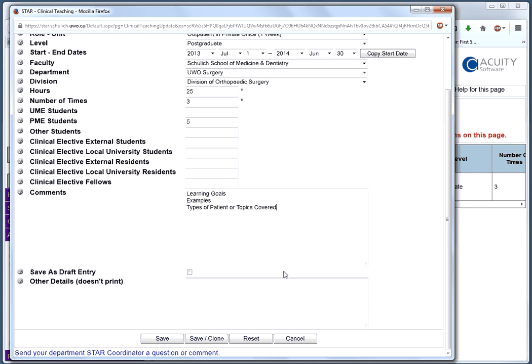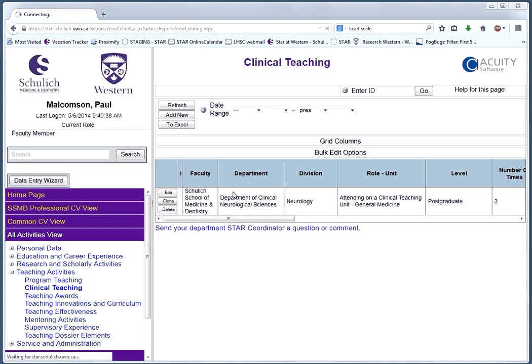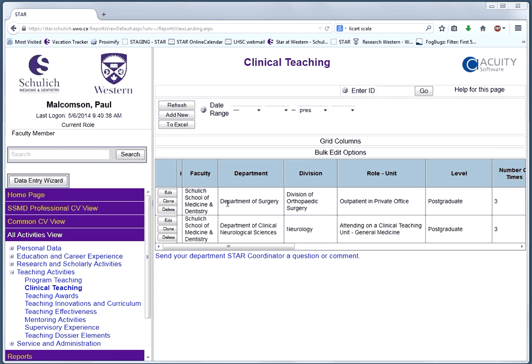You can also record it as a draft entry, which would just mean that you might want to go back and review it later, and then you're effectively done with this record. So clicking on Save will save that record, and you will notice a second record will show up under the clinical teaching section. Hopefully this helps you with entering clinical teaching, and as always, you're able to